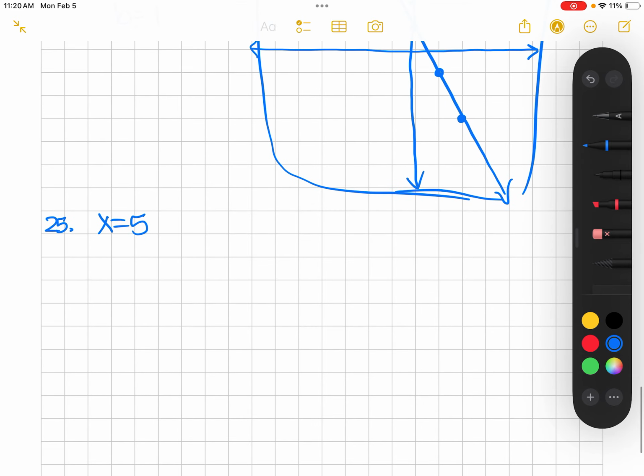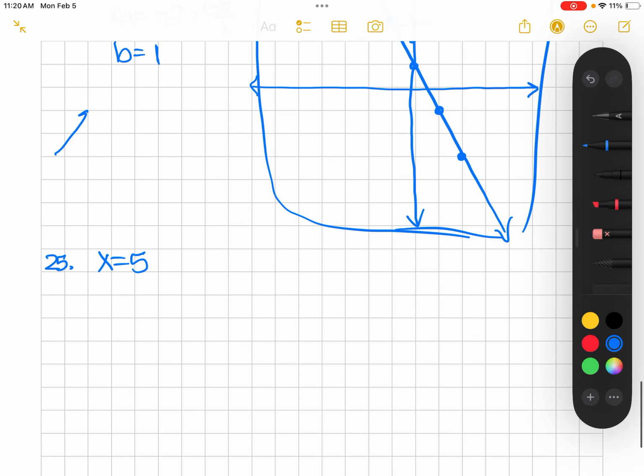Okay, we learned about a couple of different slopes. We learned about positive slope, right? Positive slope points to the right. Negative slope points to the left. Horizontal is 0 slope, and vertical is no slope. Okay, well this